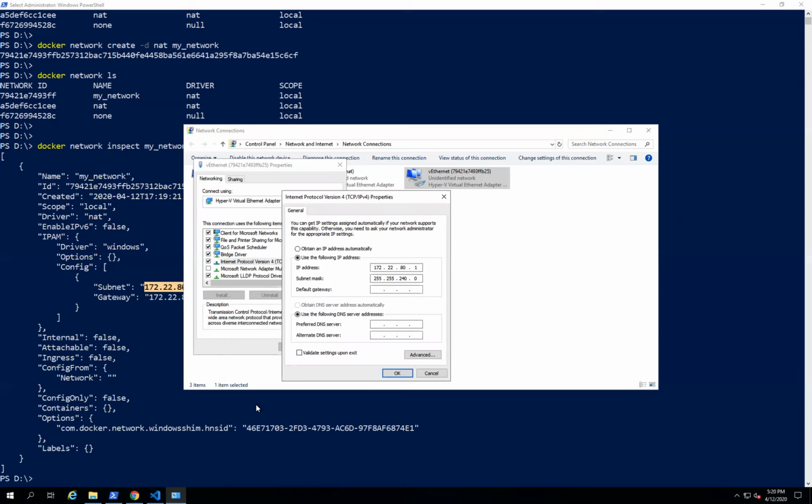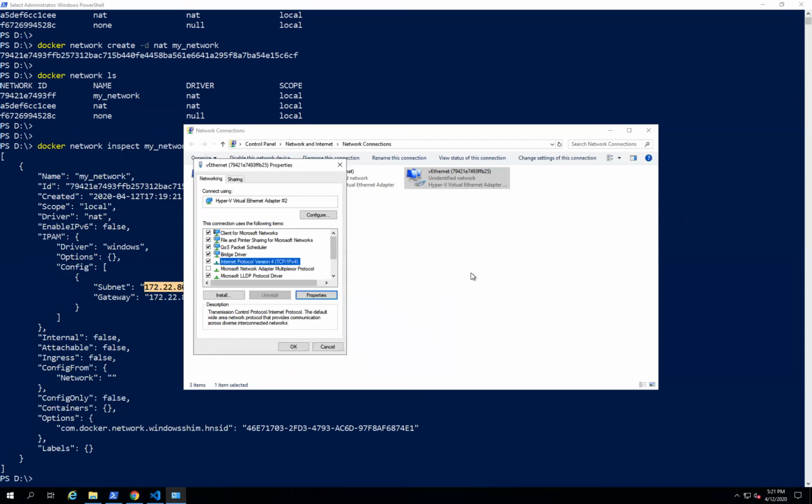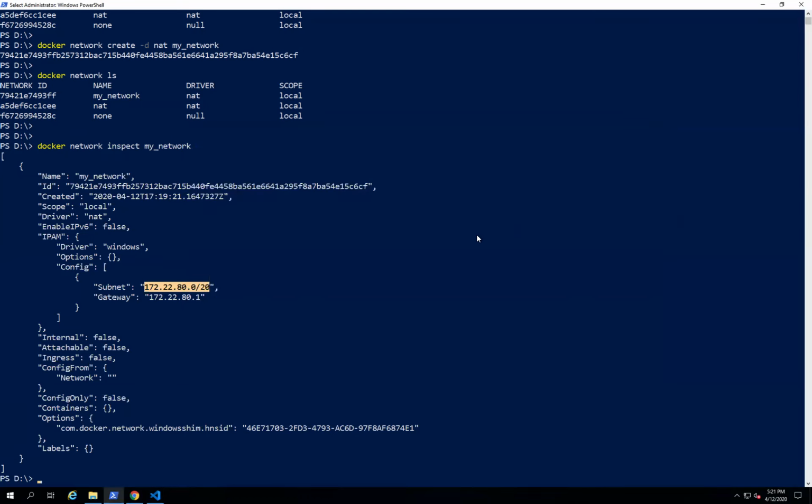So that means when you create a network inside a Docker engine, it will create a virtual Ethernet card, and it will assign some random IP addresses that are available inside the host operating system. If you want to change the IP address range, you can come here and change this address so that it will update and give the new IP addresses. All right, so this is how a Docker network is created.